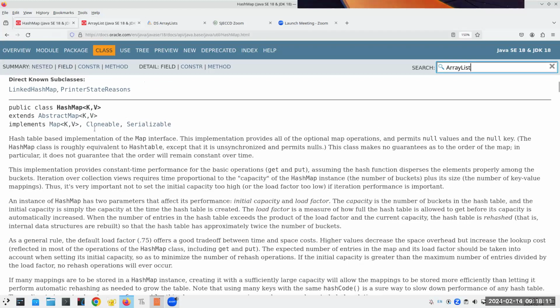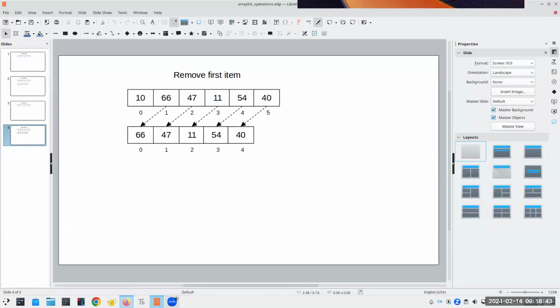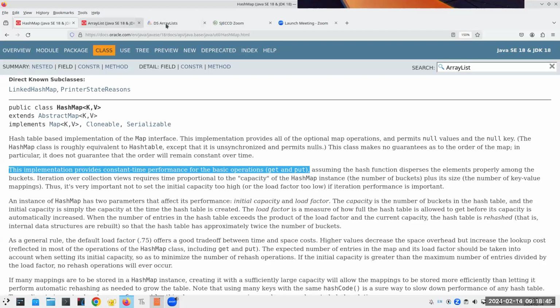And then here, for example, for a hash map, it says this implementation provides constant time performance for get and put. And then it talks about a lot of other stuff called initial capacity and load factor. And we're not going to talk about those now, but we will find out about them when we discuss hash maps later on in the course. I don't remember which chapter it is, but we'll talk about that when that happens. And that is how I knew that